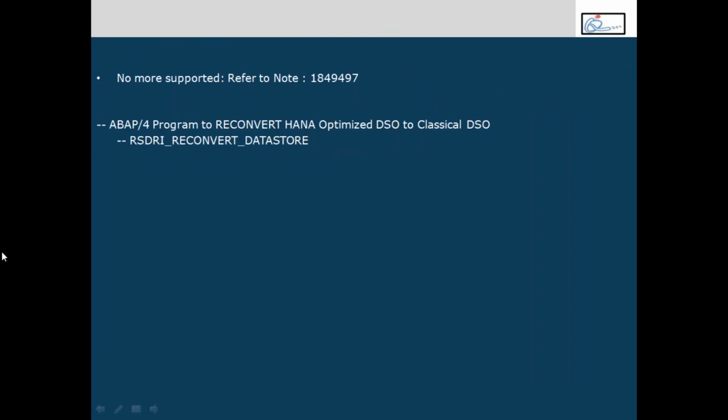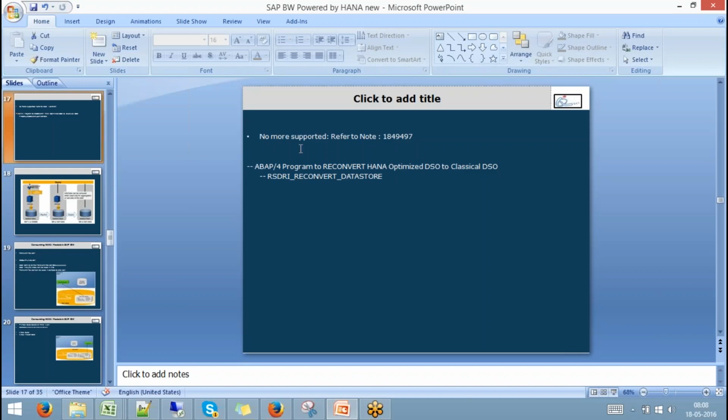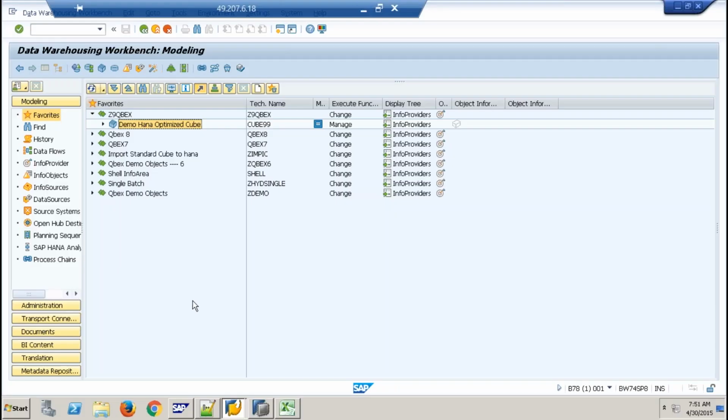Now look at this. There's a program given, RSDRI_RECONVERT_DATASTORE. This will be used to reconvert it to a classical DSO. For example, if I go to